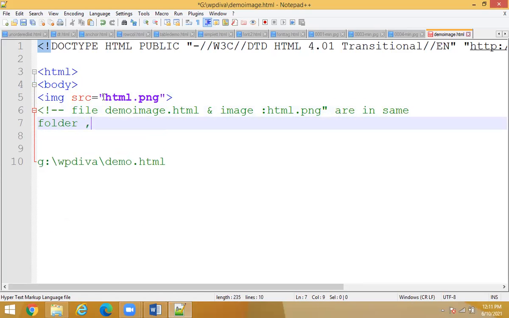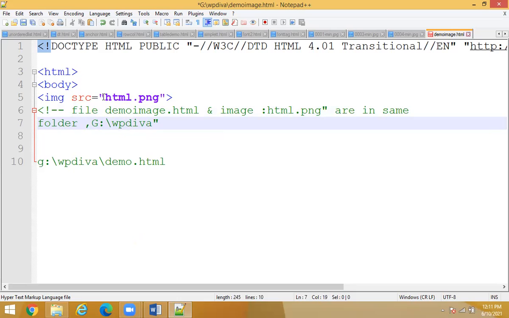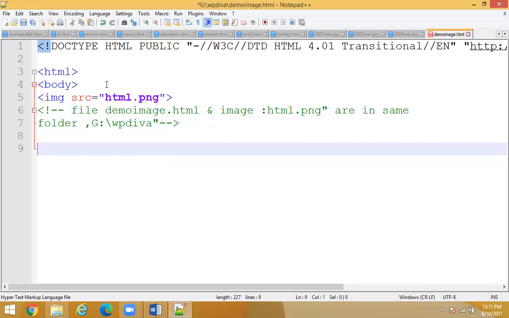What is the name of that folder? G:/WP division A. So when both of them are in the same folder, I do not need to give the path.